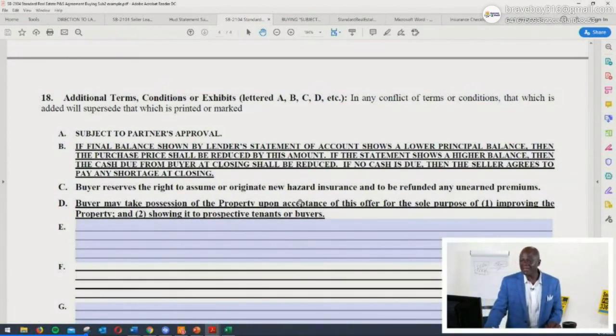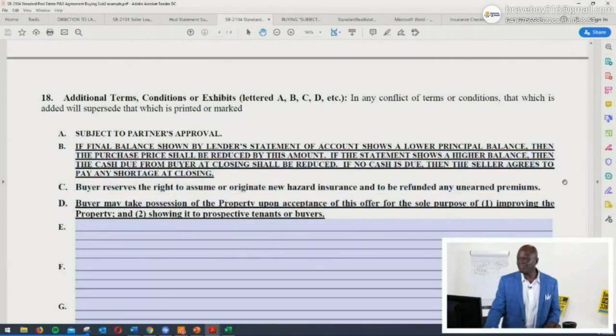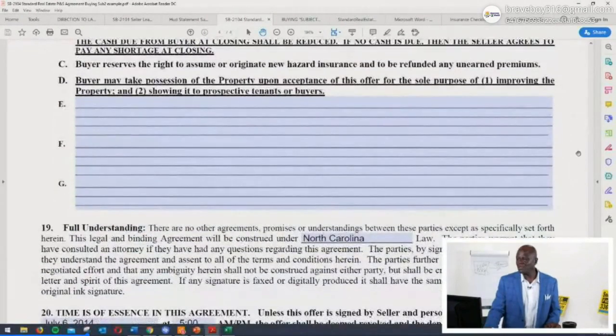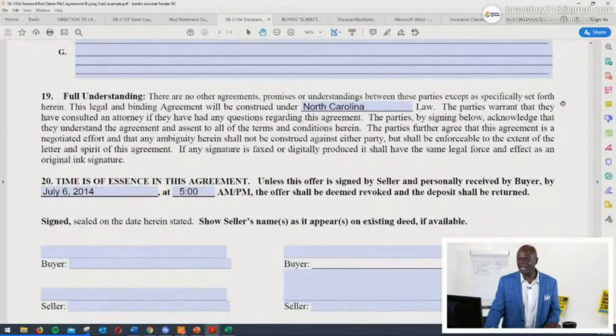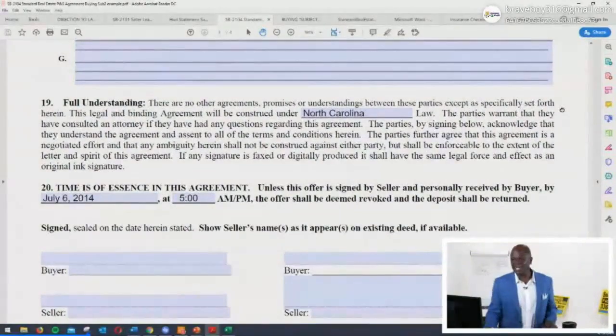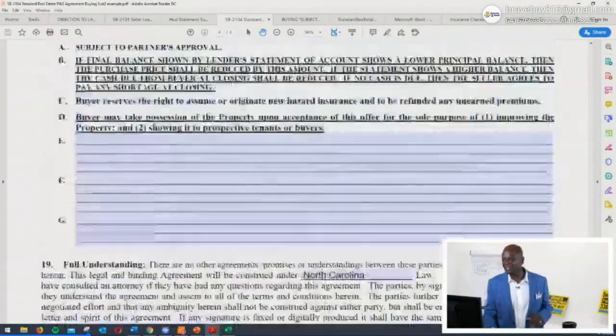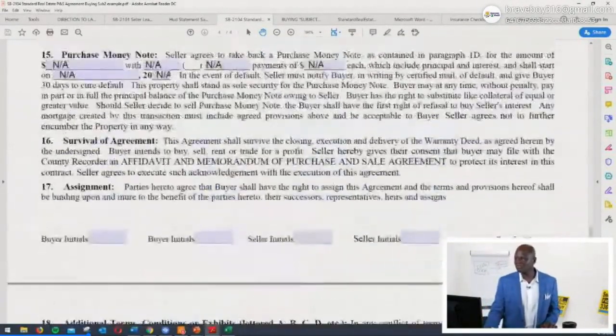I want to go back, because it also talks about buyer may take possession of the property upon acceptance of this offer for the sole purpose of making improvements and or showing the property. So you see all that, and then of course you got your full understanding. Everybody read the agreement. They have the right to go take it and seek legal counsel and all that good stuff. But what I want to go back to,